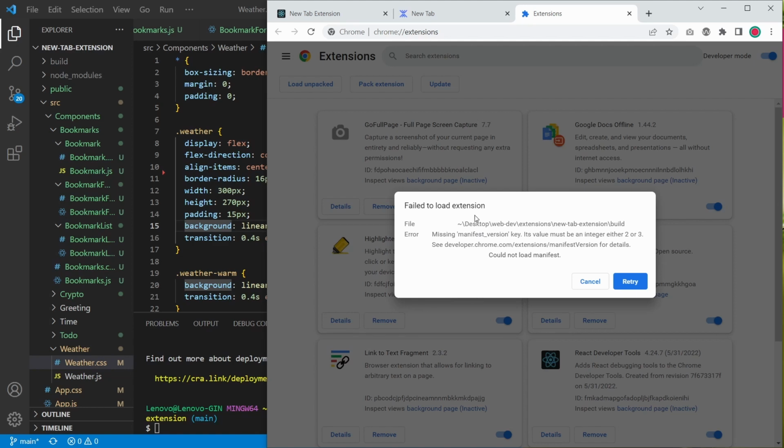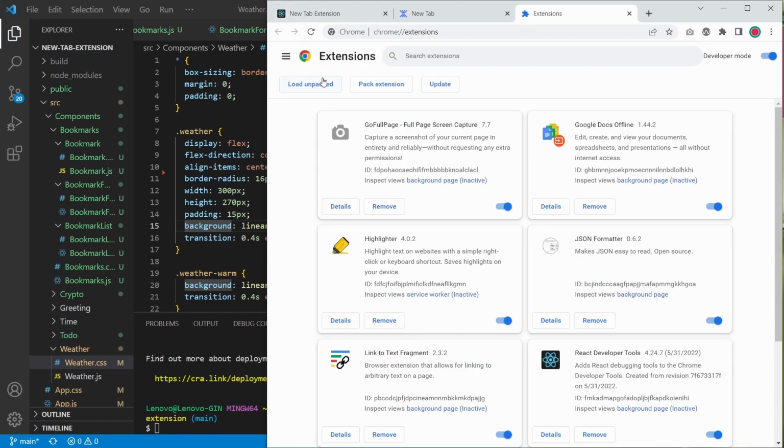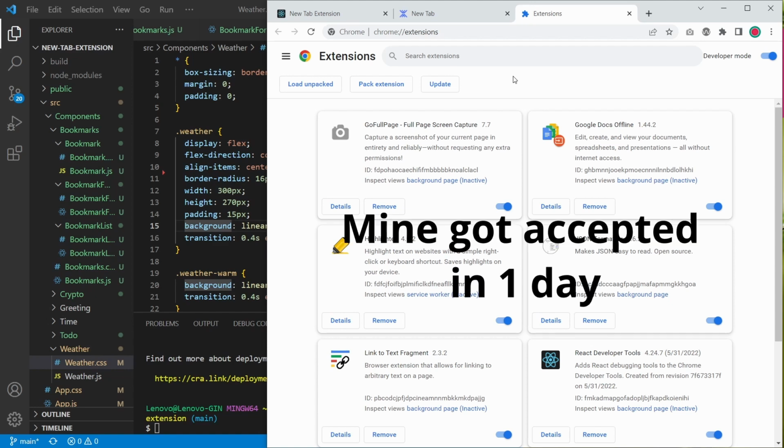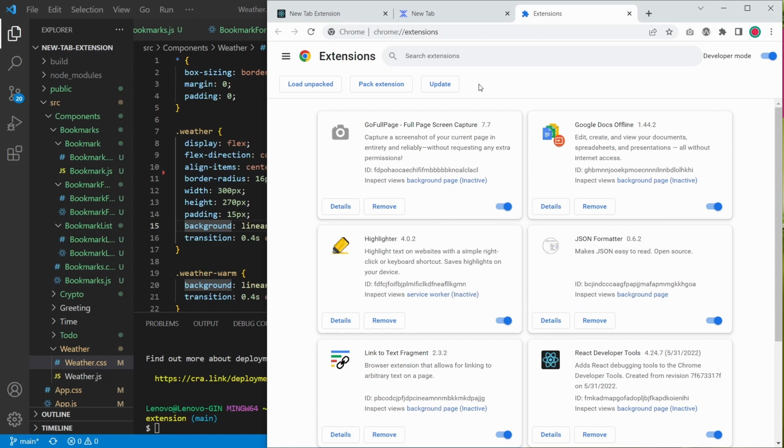So loading unpacked folders like that is for testing purposes. You're going to need to test your app, then you're going to enable it like that. But if you're going to publish this extension to the Chrome Web Store, you're going to need a developer account, and you're going to have to fill some details in your dashboard for each item, for each extension, and then you're going to send it and wait for the approval. Right? I'm going to add a link in the description to show you how to publish your Chrome extension to